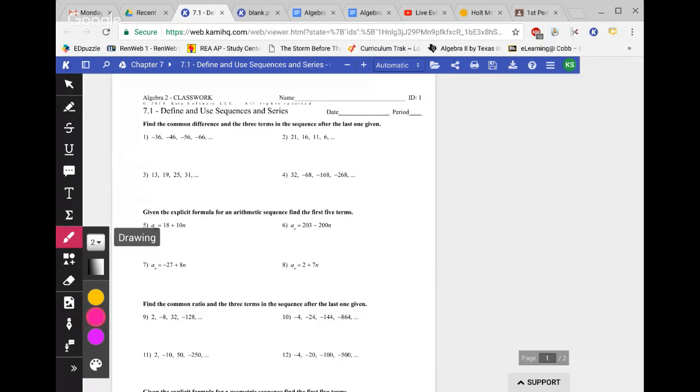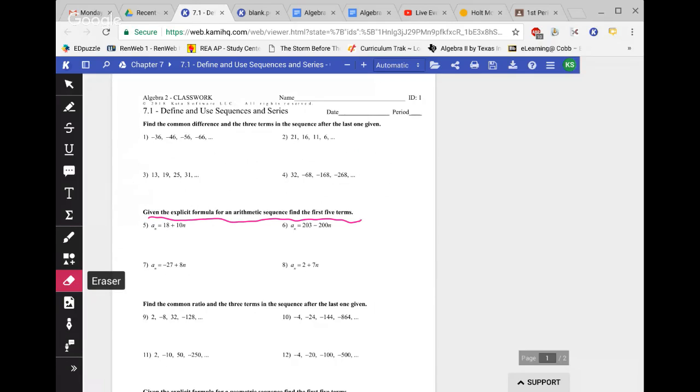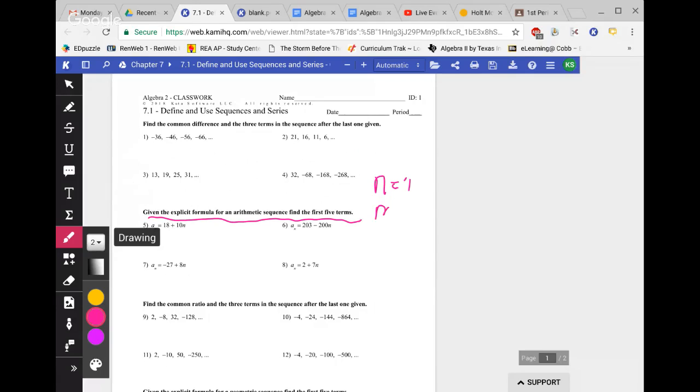Now, given the explicit formula for an arithmetic sequence, find the first 5 terms. So what you're going to do on that, and like I say, after you see today's videos, I feel like this will be even clearer. But for the first 5 terms, all you're going to do is substitute for the n. You're going to substitute n equals 1, n equals 2, n equals 3, n equals 4, and n equals 5